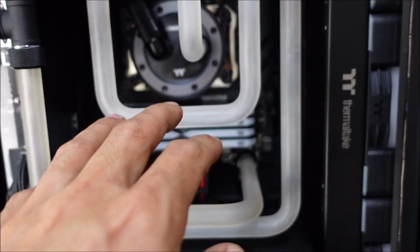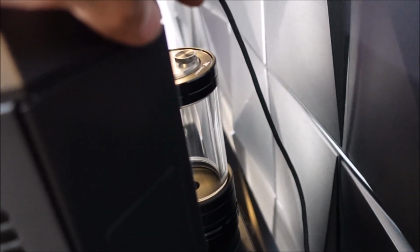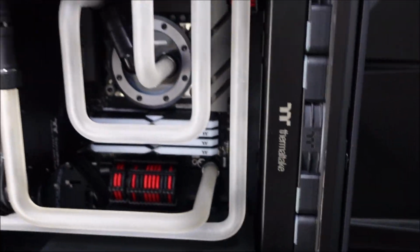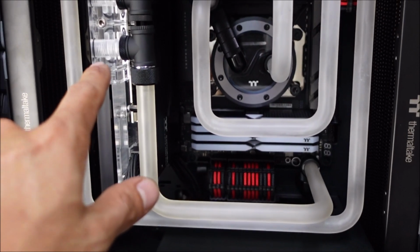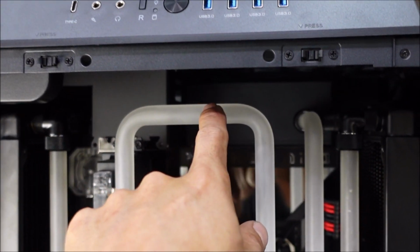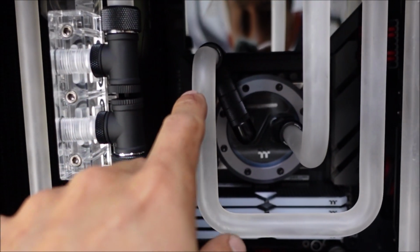Alright, so first thing, I installed the pump on the back side of the case. It's here like that. So first from the pump going to the GPU, and then GPU outlet going to the CPU inlet, and then out again,